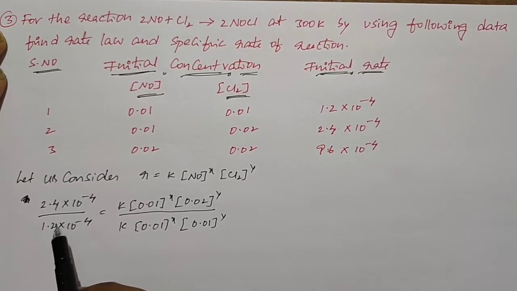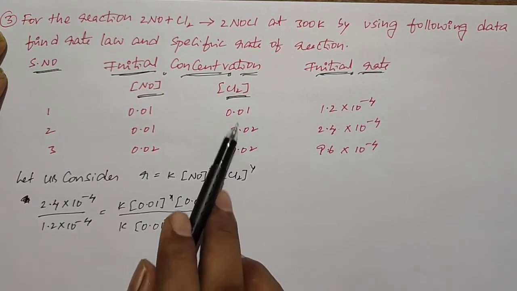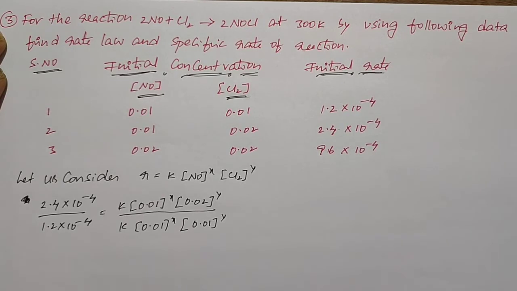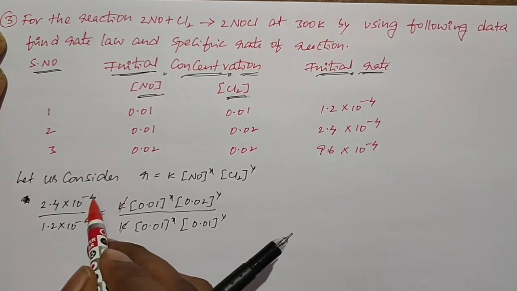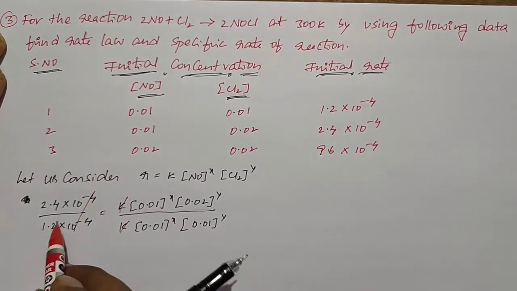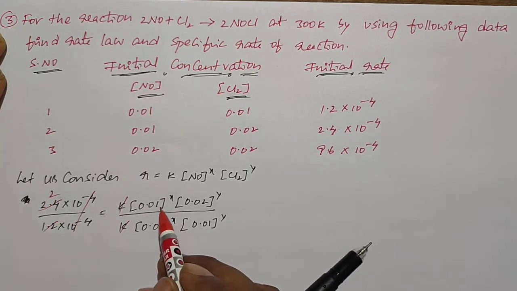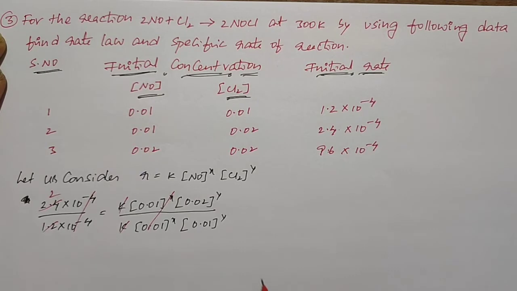So if you understand, did you get it? I just take the ratio between the second set and the first set based on the rate law. After that, k will be cancelled, 10 power minus 4 will be cancelled, 1.2 will be cancelled for 2 times in 2.4, and 0.01 whole power x both will be cancelled. And 0.01 looks like